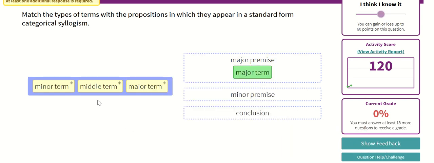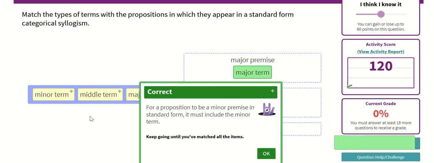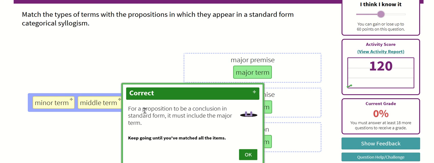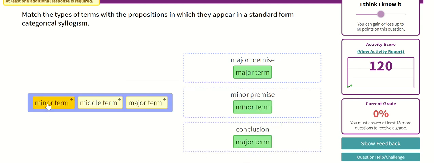The minor premise will have the minor term. And also the conclusion is going to have the major term. Just be careful here. Major term, the minor term,